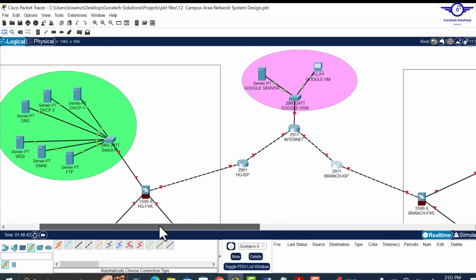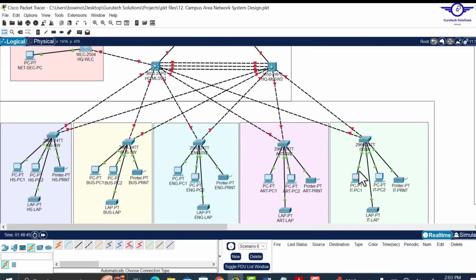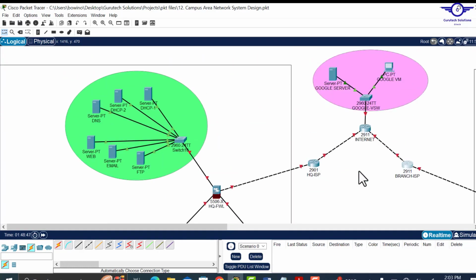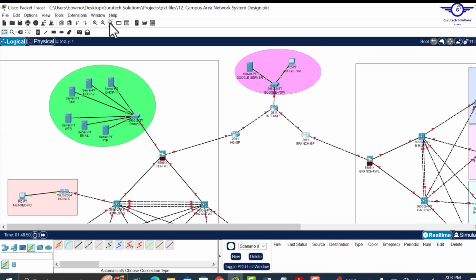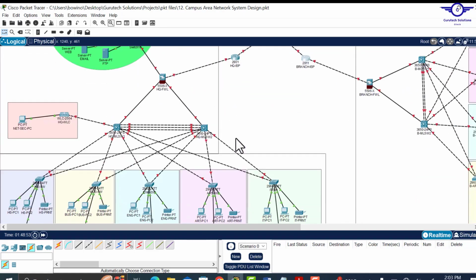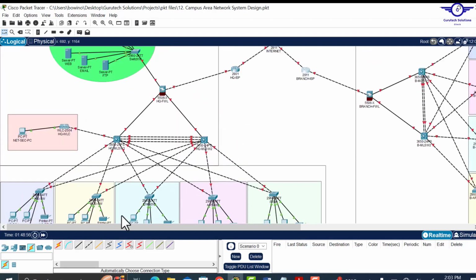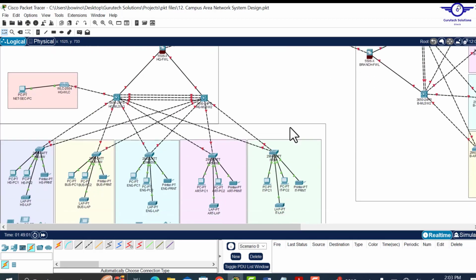Okay guys, so this is our design. Actually, this is our design that we will use to implement the problem in the case study. So as you can see, the main campus, we have faculties here